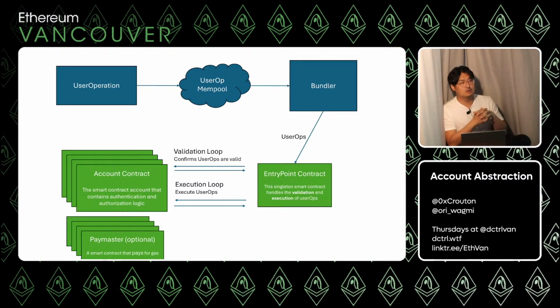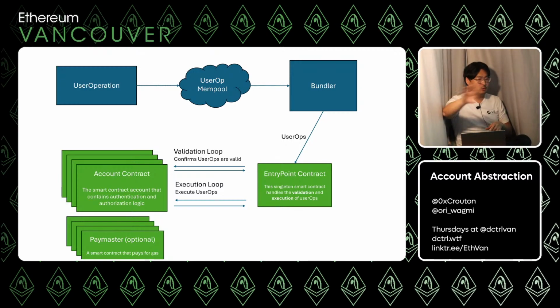And then we talked about the DoS. Because it's a mempool, you can flood it with as many transactions as you want, but the bundlers will do some local validation, and then communicate to everyone else that this transaction is good or this transaction is bad. So if you send 1,000 bad transactions, maybe one bundler gets taken down because it's checking all these bad transactions.